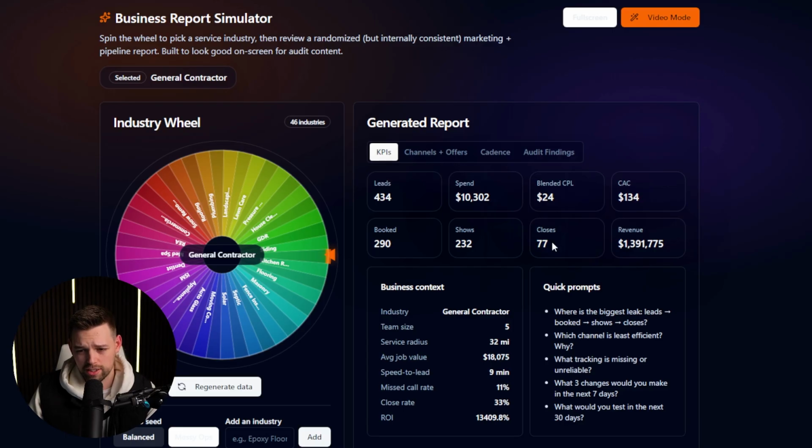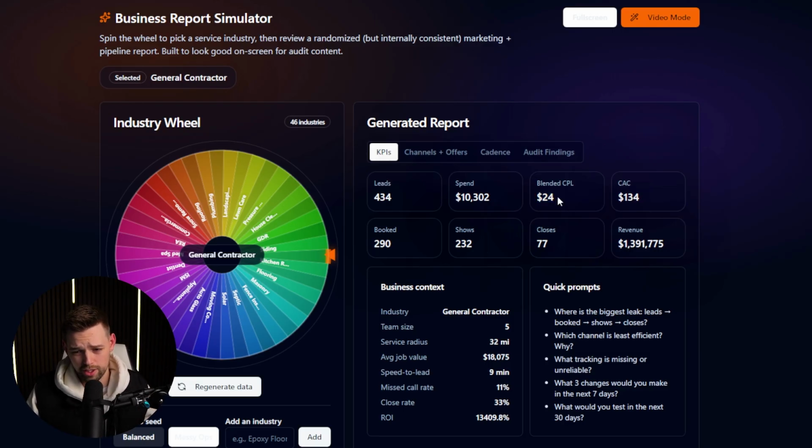I don't think this close rate for this amount of leads is super ideal. We definitely want that to be higher, and it looks like you're missing out on 144 or so leads that never got booked, and then 200 that didn't go into an actual shown appointment. So drastic numbers there. We can definitely pull some revenue out of that, but looking at the rest of it,